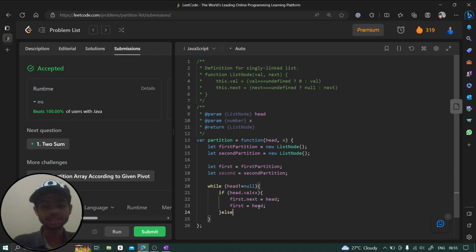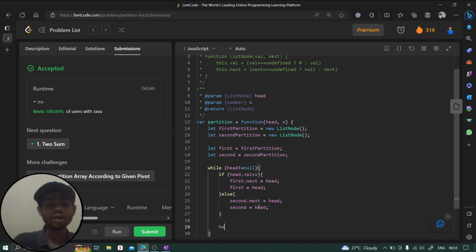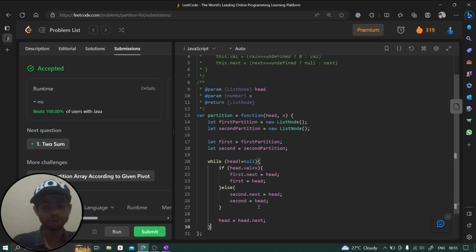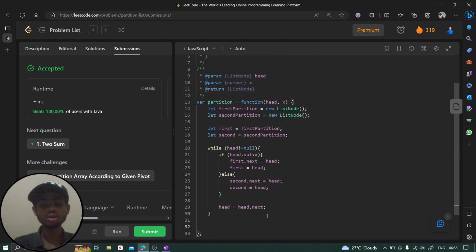Else we can say it should move in the second partition. So second next should be equal to head, and second should be moved now one step ahead, which is equal to second dot next. Or you can write head, both are the same thing, right? After that you can say head of next, move one step. After that while loop, once all the nodes are completed, then we can say fine, now